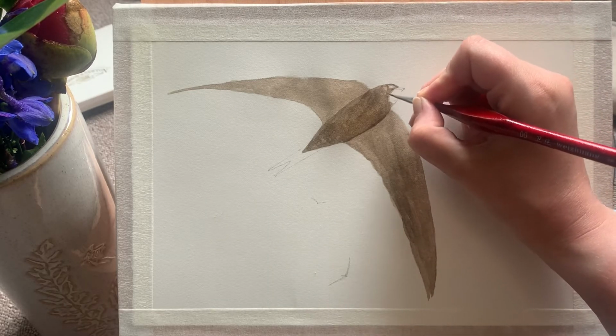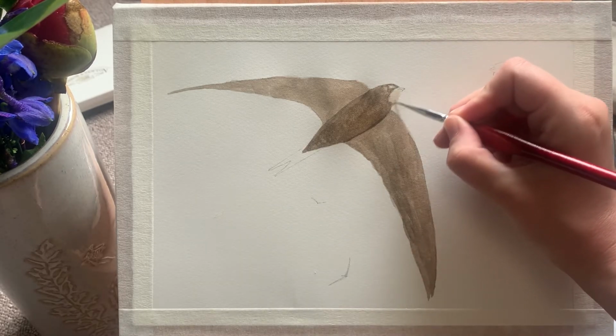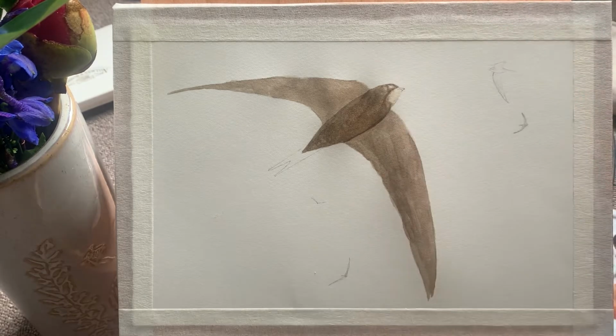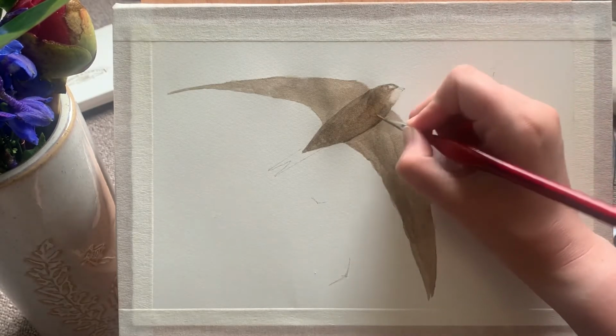As you'll see in a minute, I'm going to start on his throat. Basically all I'm using here is water from my paint pot. That's all it is, so essentially very dilute paint. Really more water than paint at this point, but